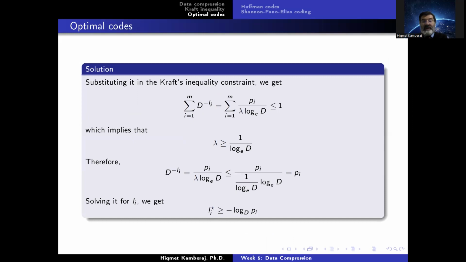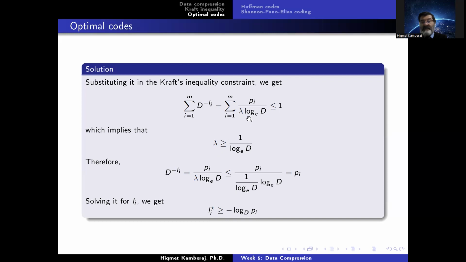Now we take this one and substitute it in the Kraft's inequality constraint. And we get the following. Sum over i from 1 to m of D to the power minus L_i is equal to the sum over i from 1 to m of D to the power minus L_i, which was equal to p_i over lambda log with base e of D. And this must be less or equal to 1, which implies from this equation here that lambda itself,